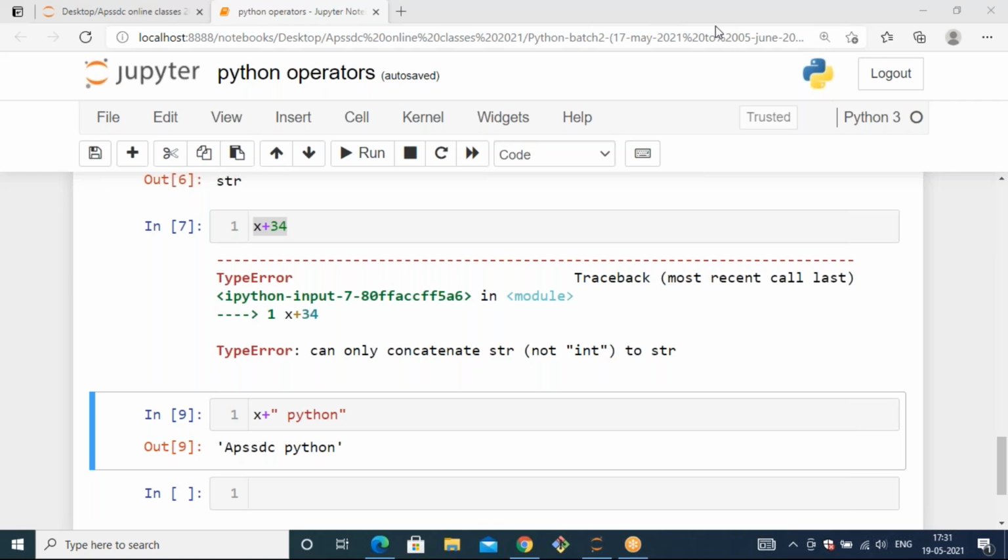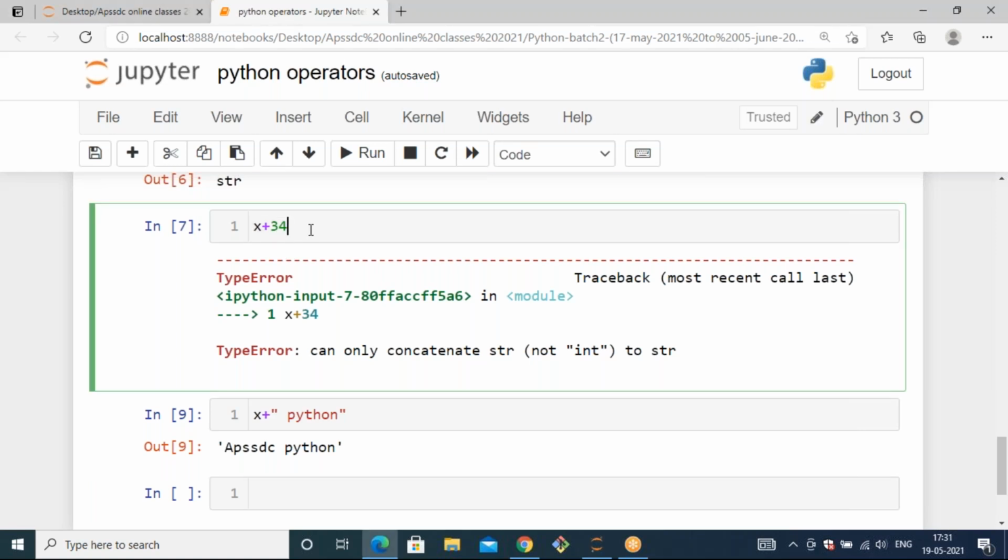Whenever you have string data, you can add it with another string data only, because both are the same data type. When you have the same data type, it is added or concatenated easily, and it's not supported with another type. If you need to add string data with an integer, it cannot be possible.